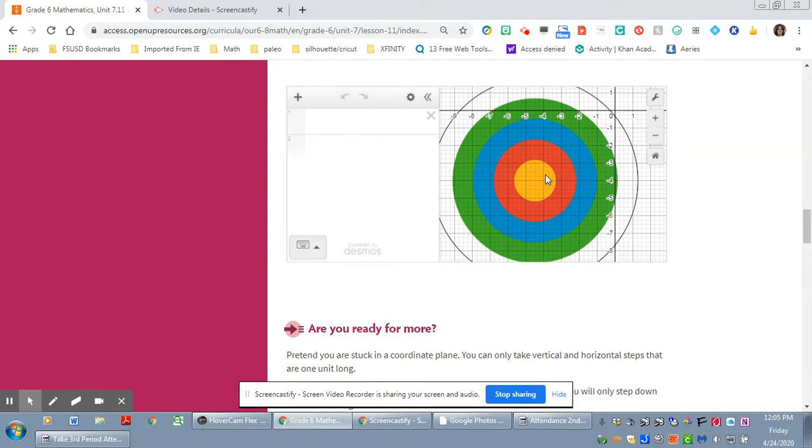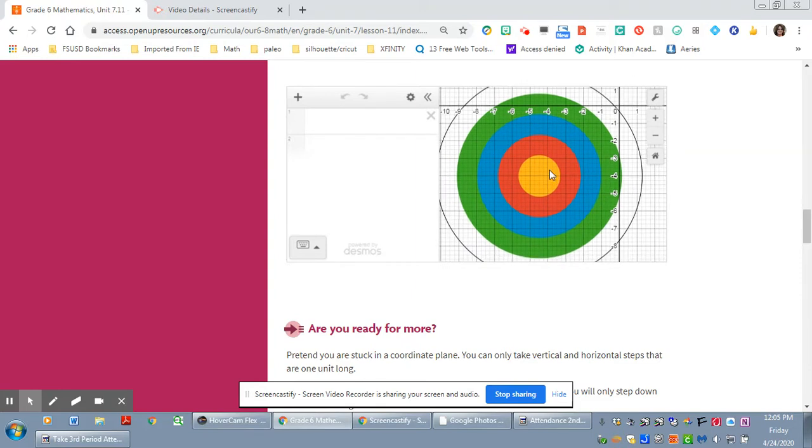So honestly, okay, so we're going if yellow's 10, red is 8, blue is 6, and green is 4, and then white is 2. All right, so if you want to earn 6 points,